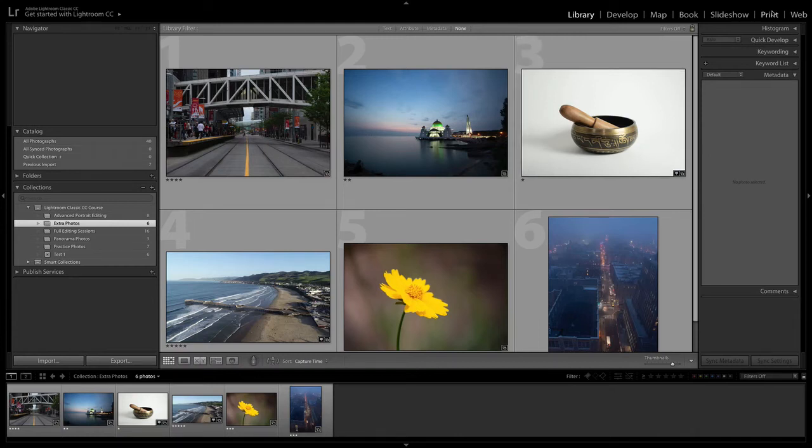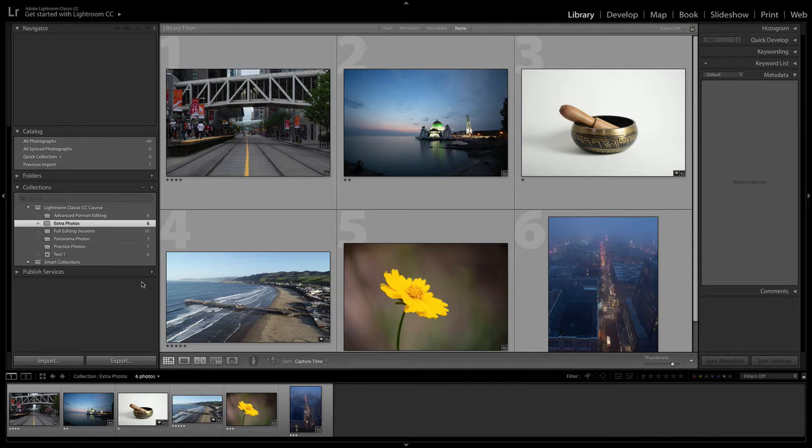The next module is the print module. This is where you can print out your own photos or create contact sheets for not necessarily professional photo printing, but actually just to have a reference. A lot of times, if you're a professional photographer on a shoot, you might need to create a contact sheet